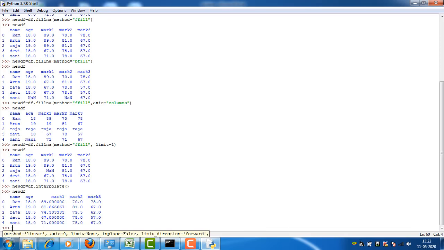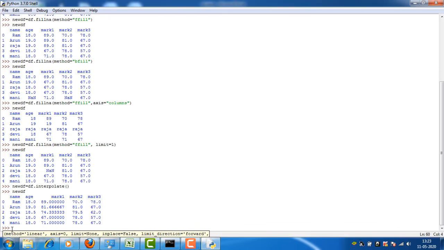If you want to change the method to quadratic and so on, we can change the method, right? So this is done by the method called interpolate. It is used to replace the missing values with the intermediate value from the previous and the next values, right? So using linear interpolation, it puts the intermediate value on the missing value.